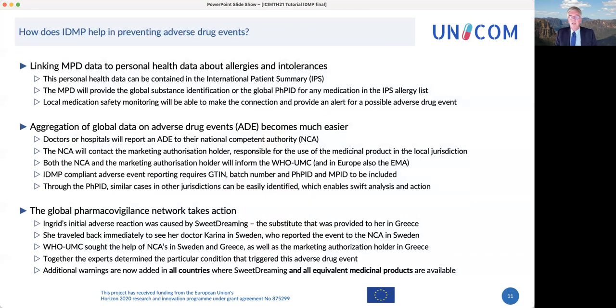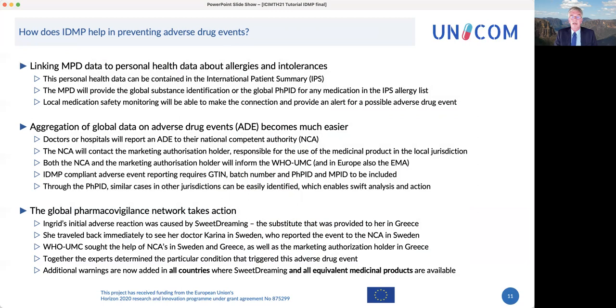So that's Elena's story, and what it's all about is to prevent adverse drug events. So IDMP helps to make sure even Ingrid in the first story, but also Elena in the second story, don't have adverse events by using drugs. So how do we do that? It's actually, as I said, linking the data that's in the medicinal product dictionaries, not only across borders, but also